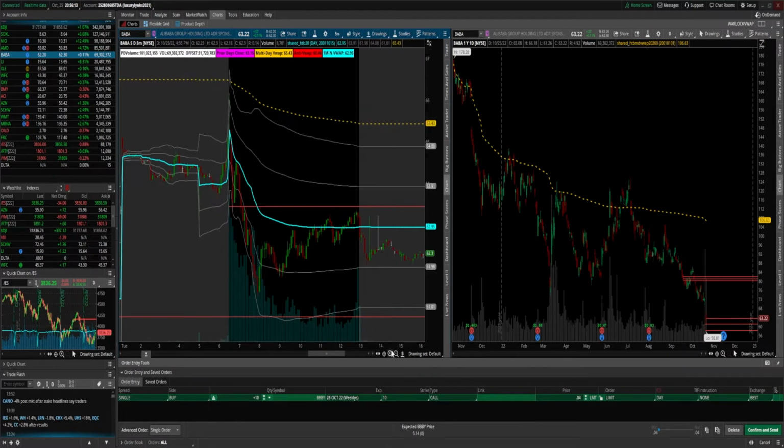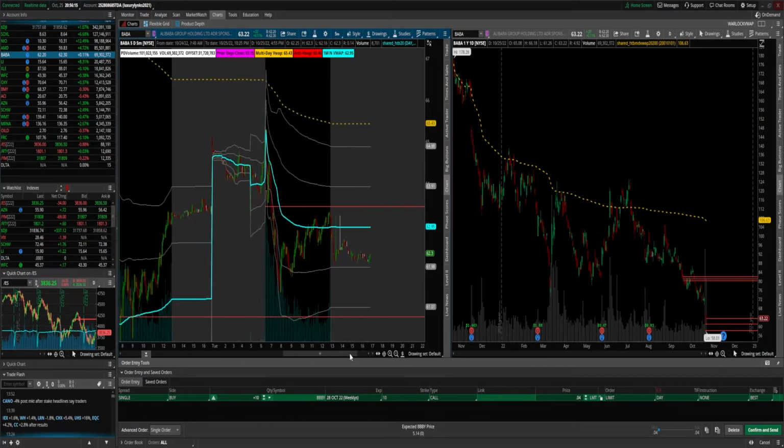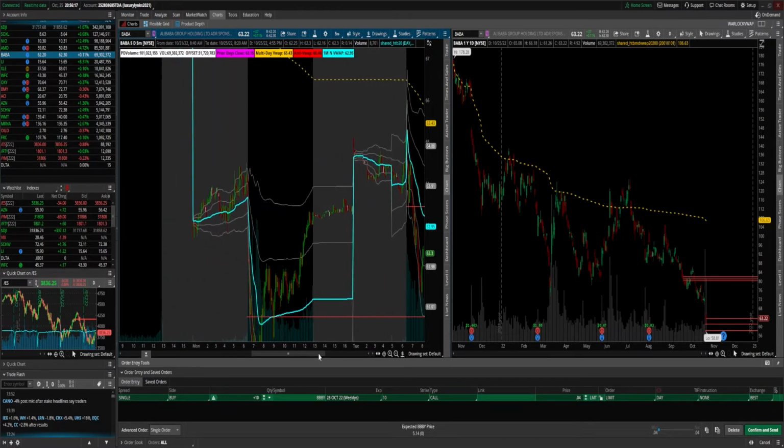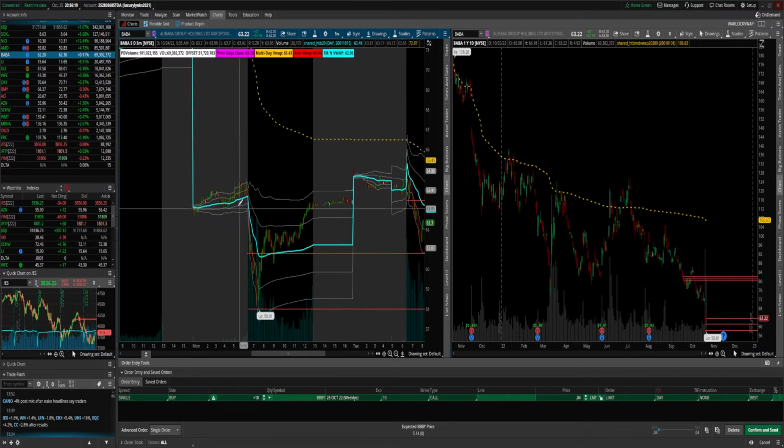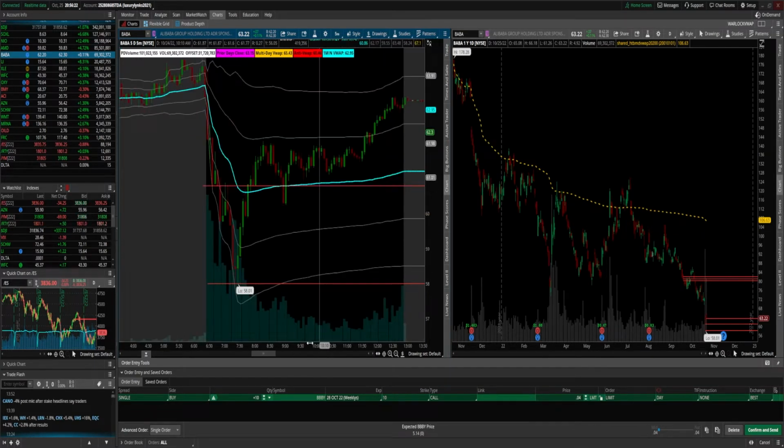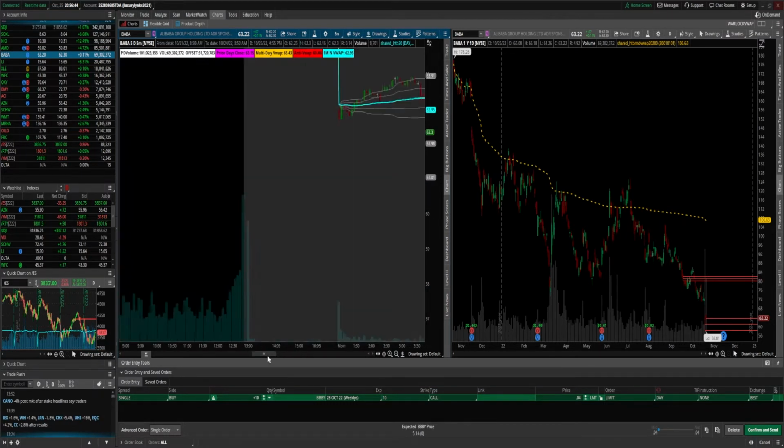And the cool thing about BABA today was it did exactly the same thing that it did yesterday. Just look at this. This is yesterday. So we had a VWAP break. We had a bounce. It broke this line. Retested, and came back down. So the next day,